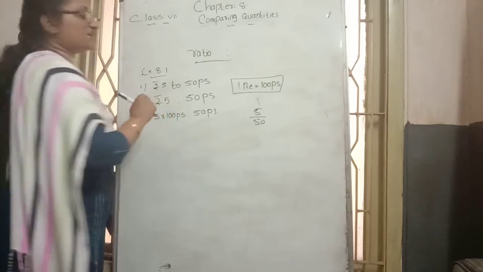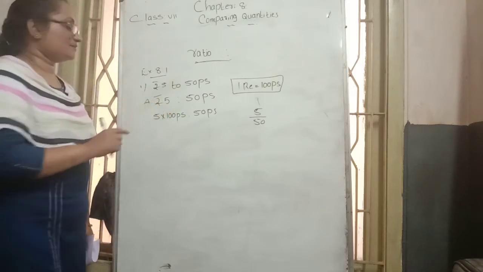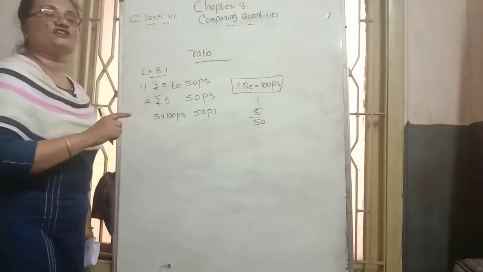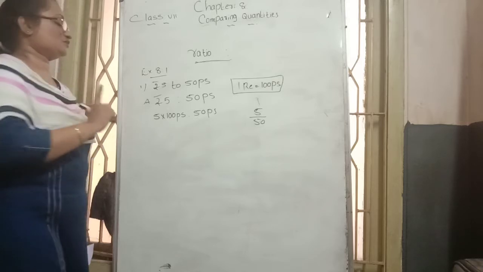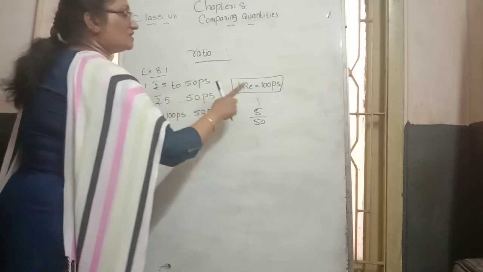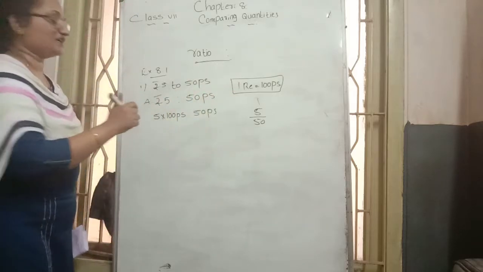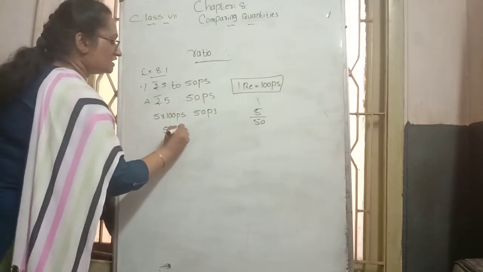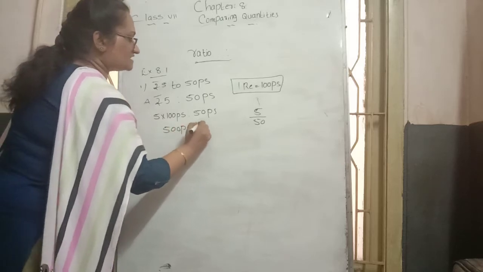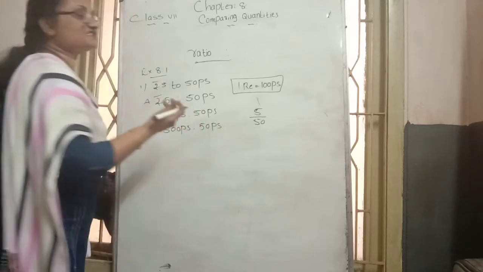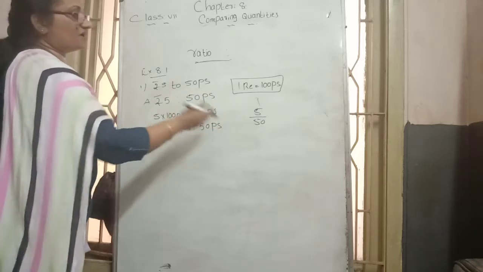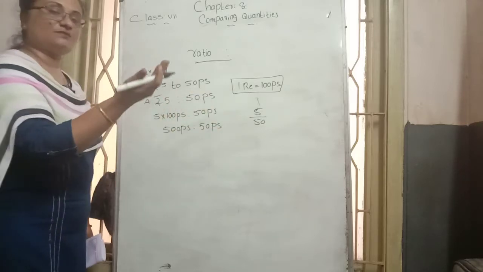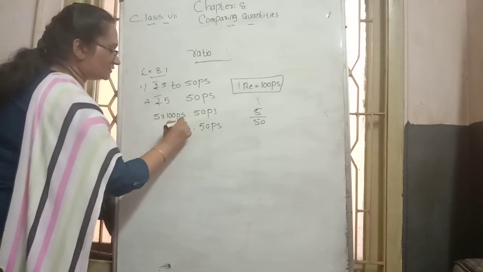So here, first we convert the antecedent, 5 rupees, to paise, to make it the same unit. Only then is comparison possible. 5 rupees contains how many paise? 5 into 100, 500 paise is to 50 paise. On the right-hand side and left side of the ratio symbol, we can cancel. Any method we can do.